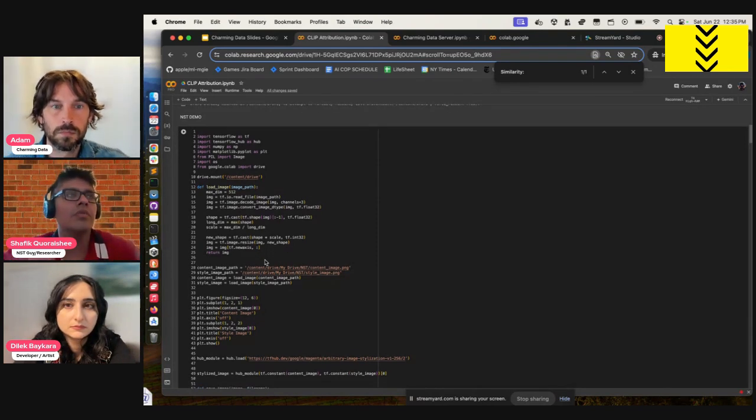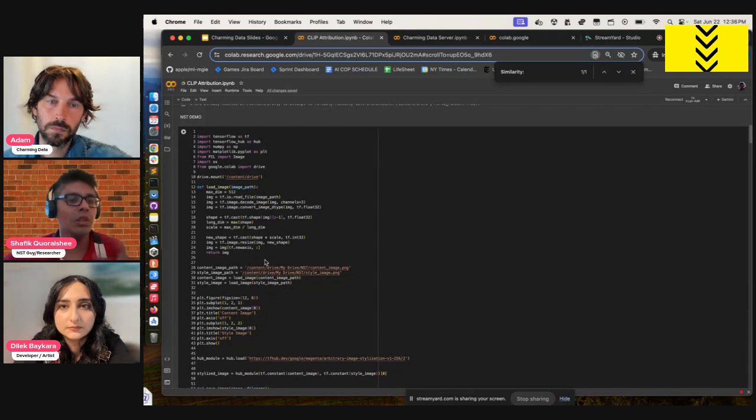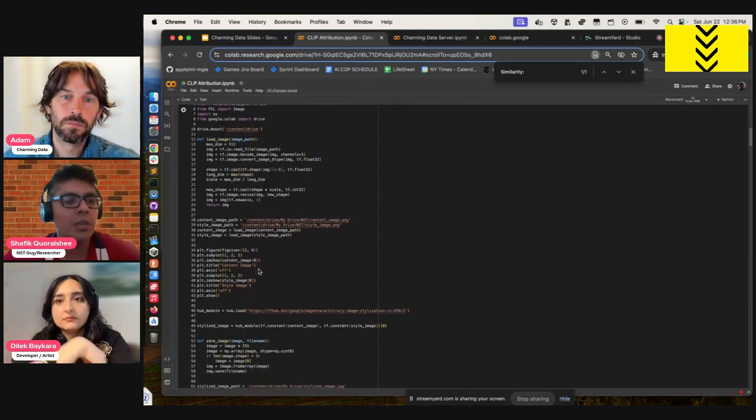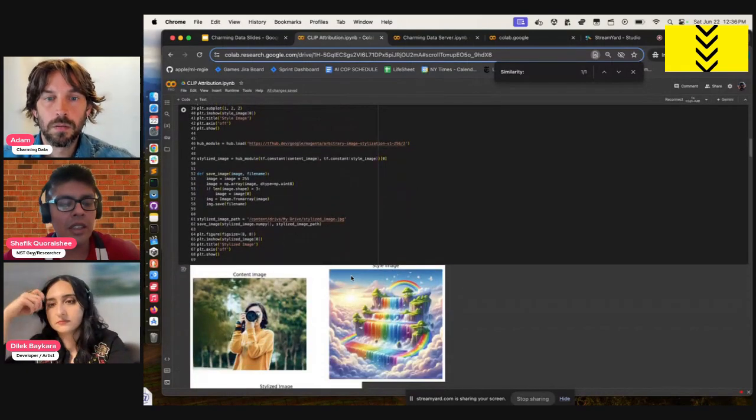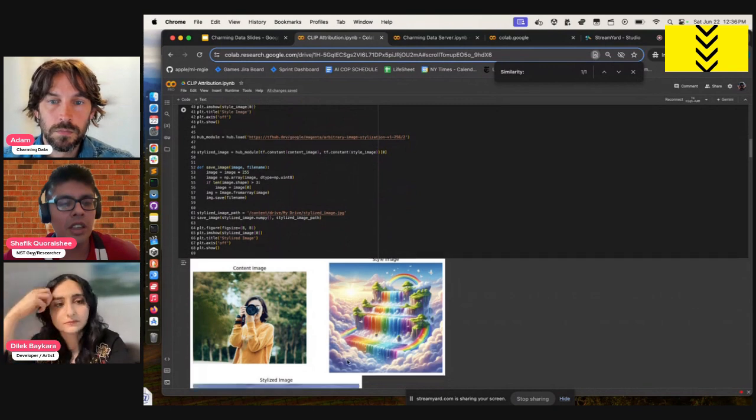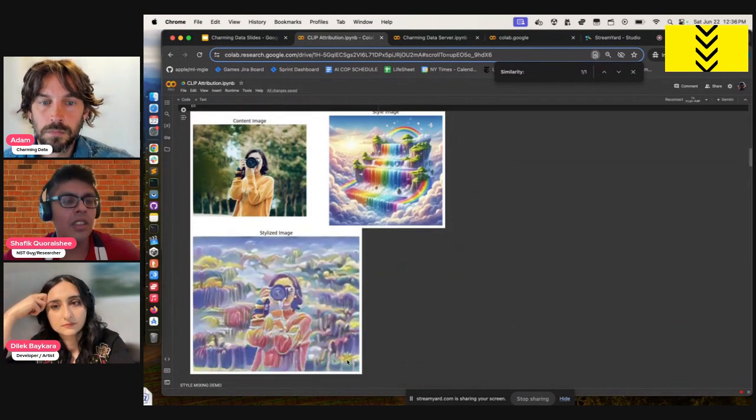And once the styles are extracted, what I essentially do is I load the final image. I do a little bit of reshaping and I output the final image. So if you have the content image and the style image, I just took these two samples here, this waterfall and this person, you get the final stylized image, as you saw in the beginning.